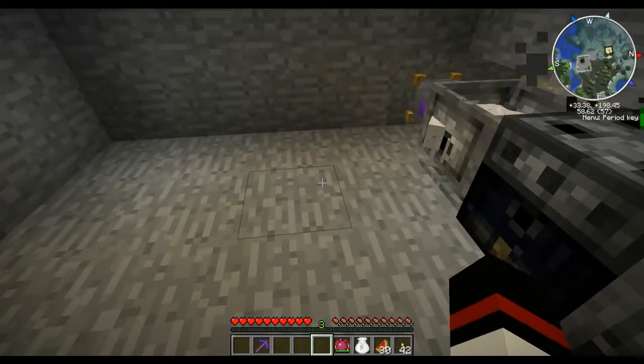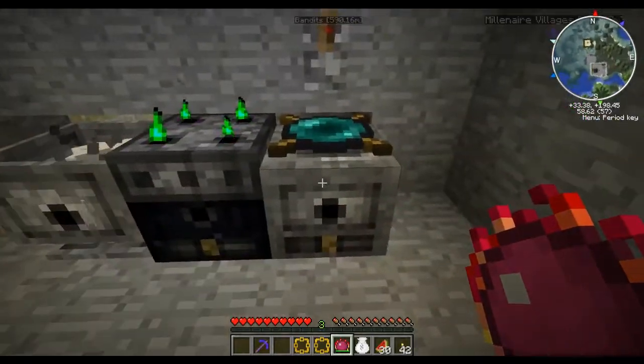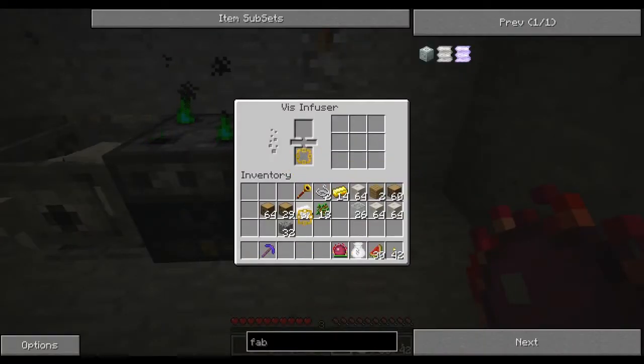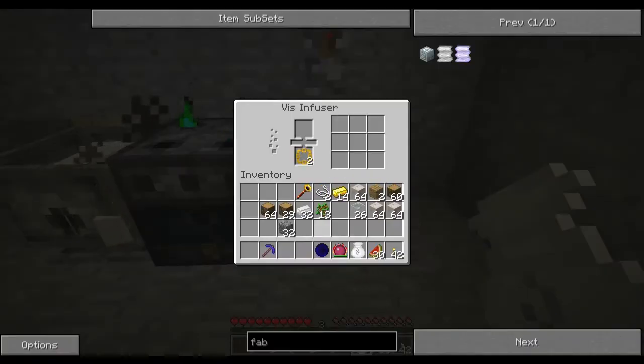Okay, so for now what I need to do is I need to craft a symbol. And you put 4 iron ingots together, and that makes you a blank symbol. Now I'm going to create 2 of those for a very important reason that I will show you later. Now we will take these 2 symbols. Actually I think the symbols go in the... I'll work that out in a few seconds. And then take my portable hole, and if I infuse those 2 together...